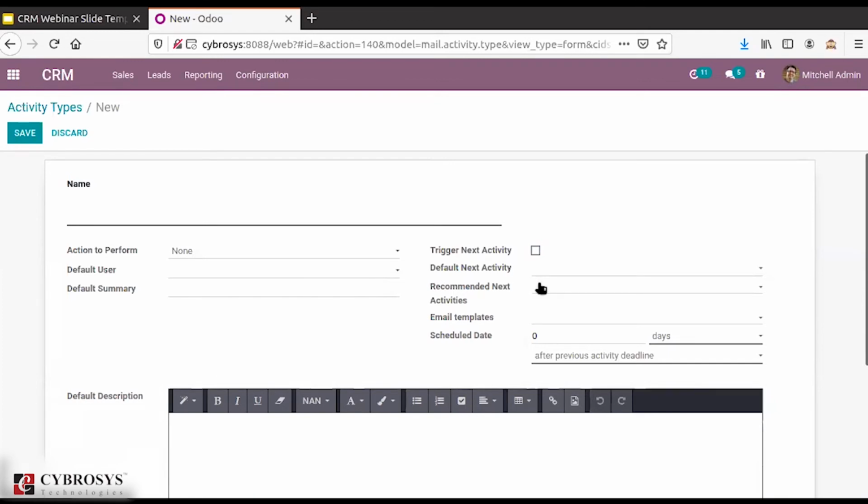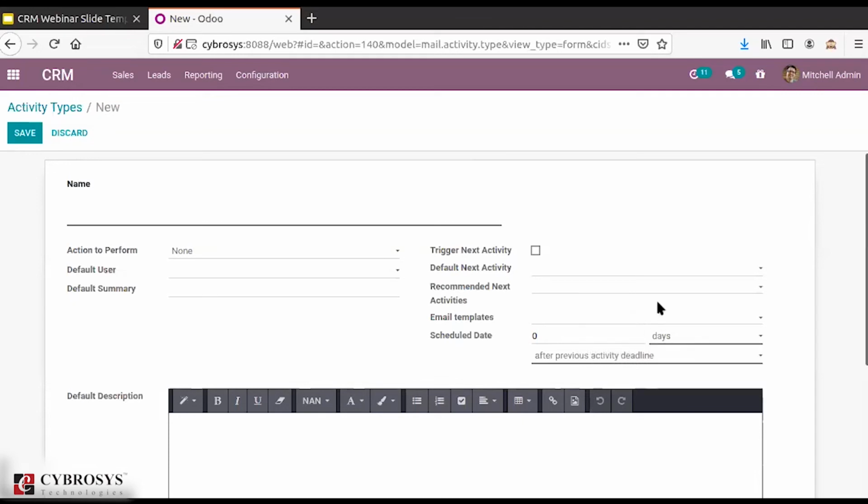Then we have recommended next activities and all, then email templates. Then we also have options like schedule dates and all. So basically in schedule dates, the number of days, weeks as well as months can be mentioned, that is, before executing the actions. So it allows you to plan the action deadline and all.